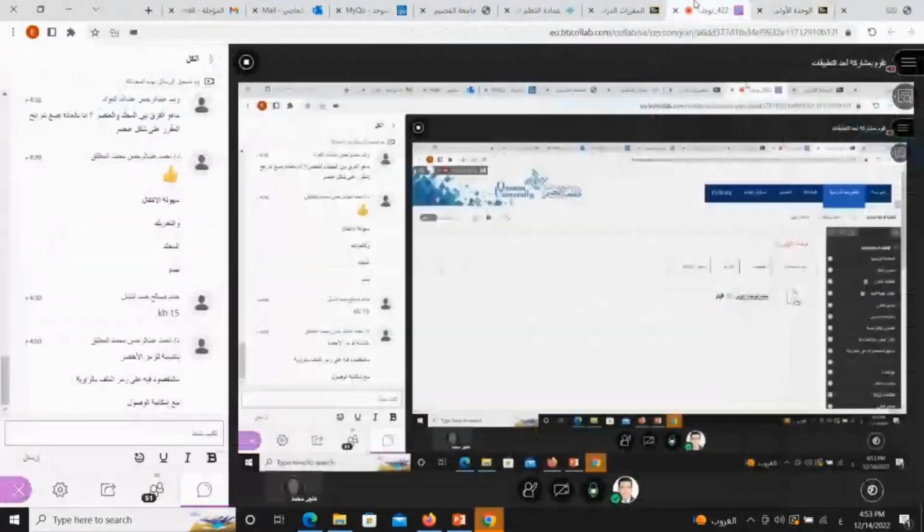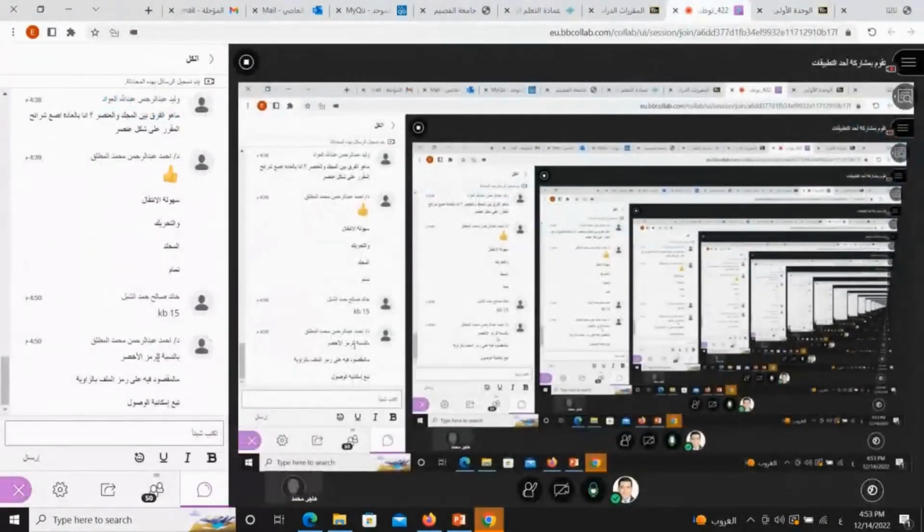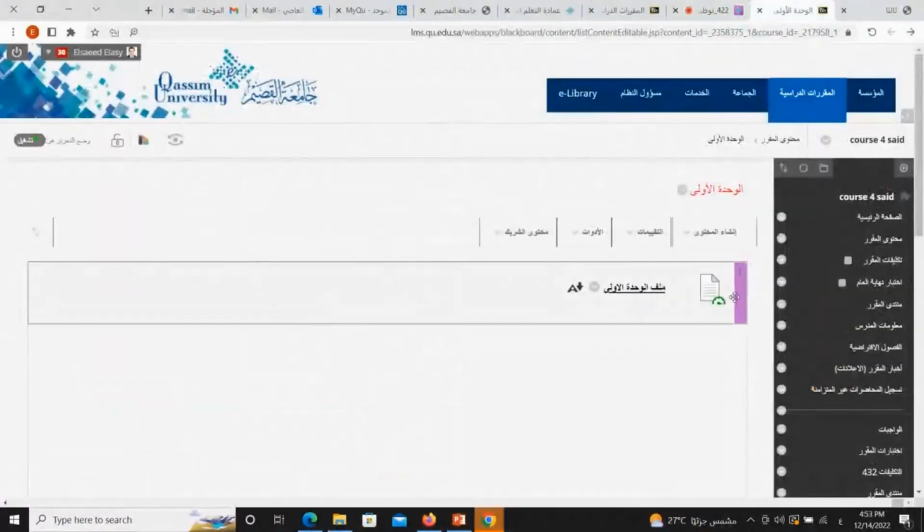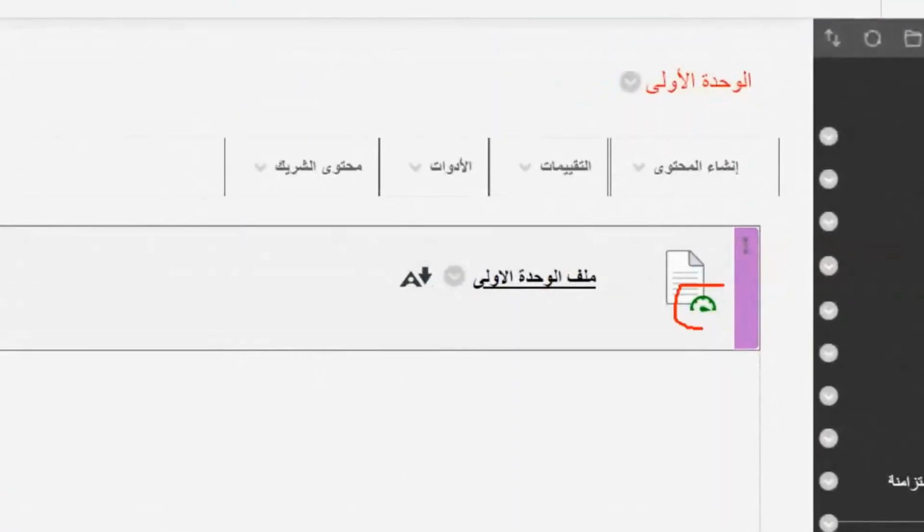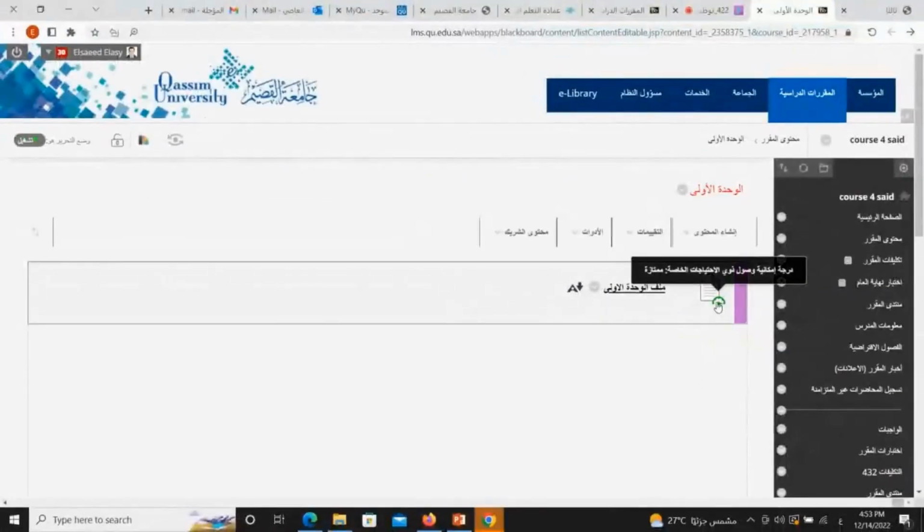There's a question here from Dr. Ahmed asking about the green icon that you will notice in the content, especially in this type of content. With the images and text files, you'll always discover a shape like this, such as this tool, or what we call the accessibility tool. All right, if we click on it like this, for instance,